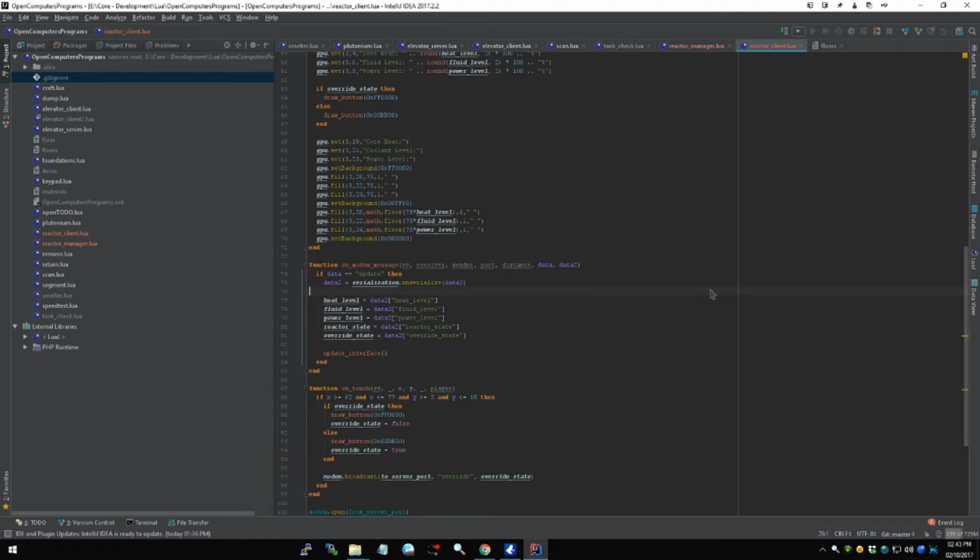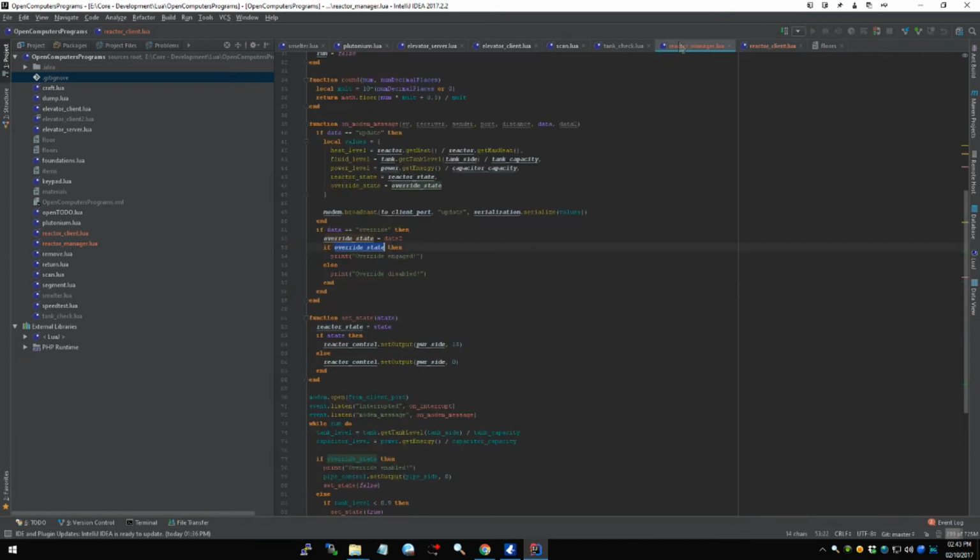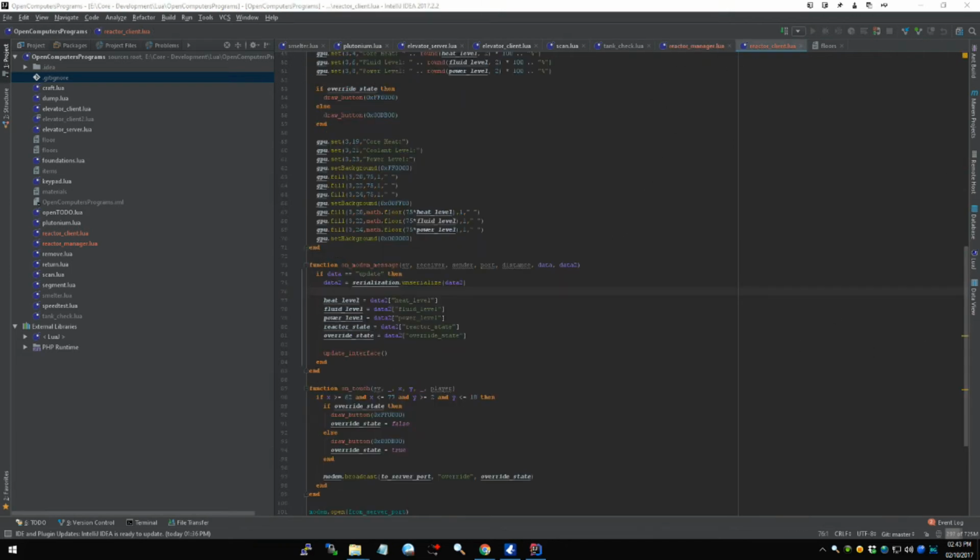I'm really unsure what's going on. Let's start this back up. And then let's start this back up. So the override should now be false. And the reactor is allowed to run. So it should be able to start up shortly. And it does. If I click this,